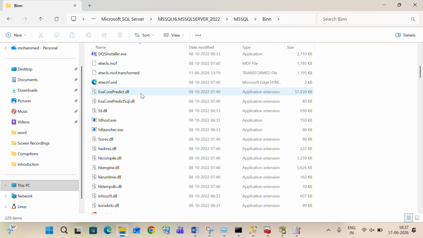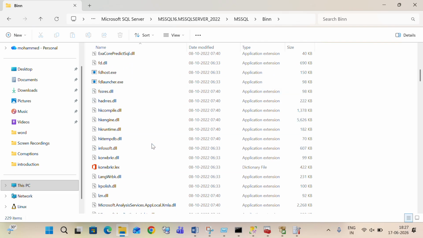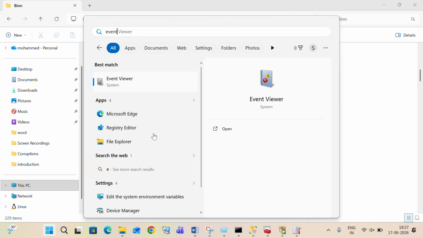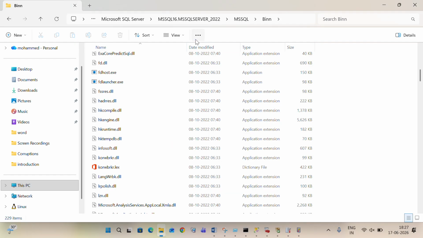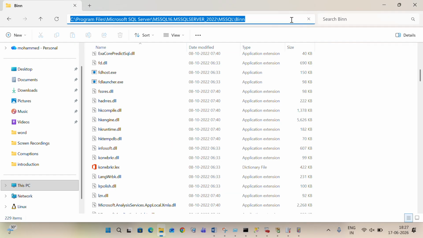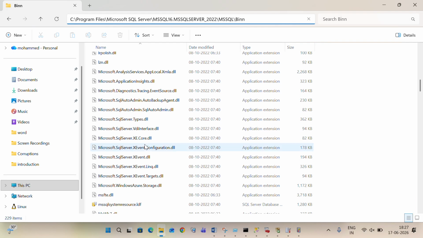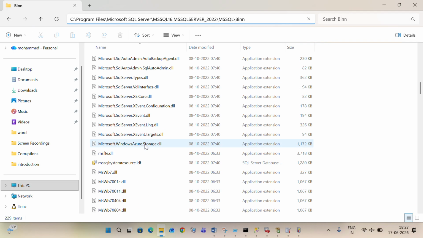If these are also corrupted, it will show in Event Viewer. You can go to Event Viewer and check for those errors. Whichever error you face, it will point towards this path. It will show clearly as MSSQL Server, this instance ID, 2022, MSSQL bin. It will show this path in that error, and if you repair that, it will repair whatever